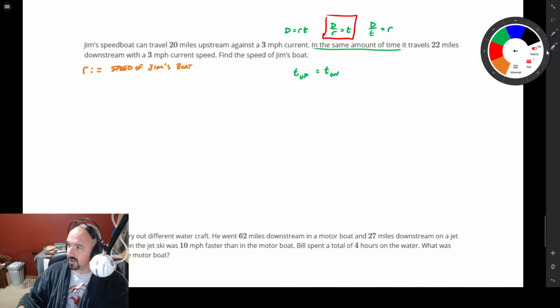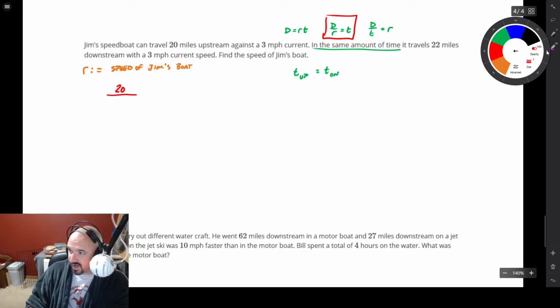All right, so here we go. If I have these labeled as time up, this is going to be the time upstream. So I look for the upstream. The speedboat can travel 20 miles, which is a distance, upstream against a 3 mile an hour current. This is where we have to be extremely cautious, and look at this in a conceptual manner. To start off, I have 20 miles for my distance, and I'm going to divide that